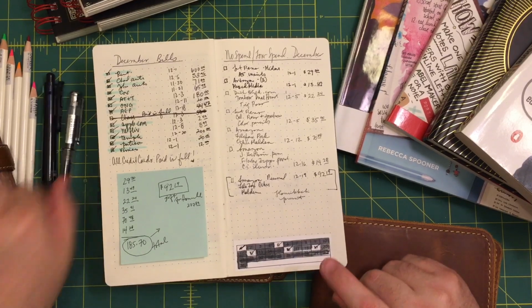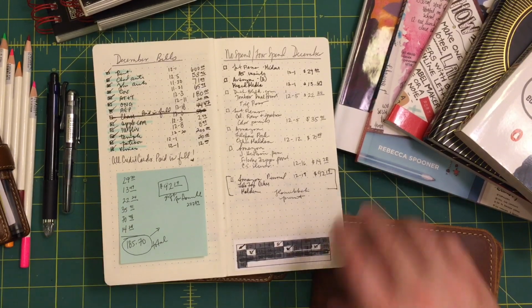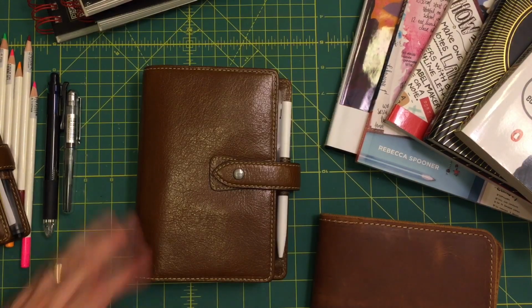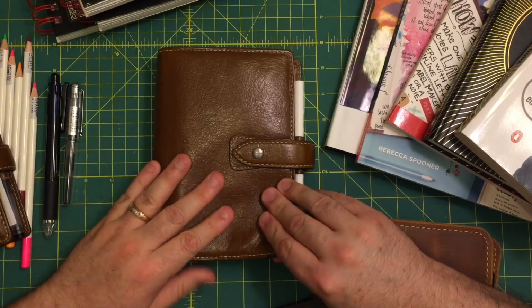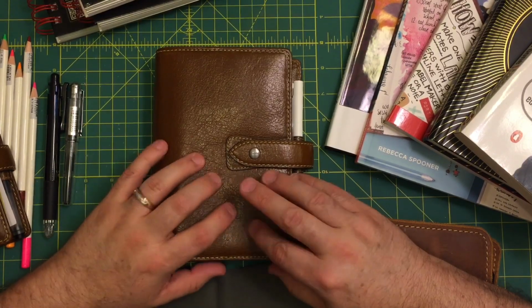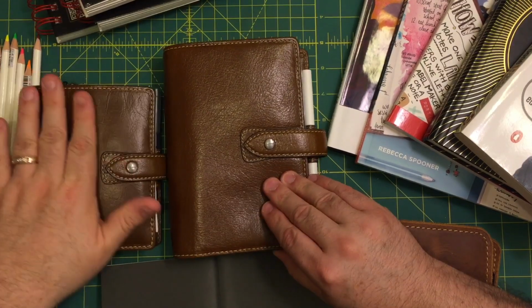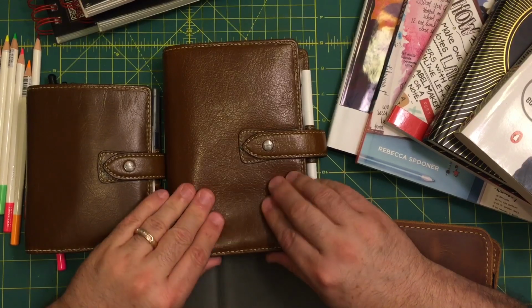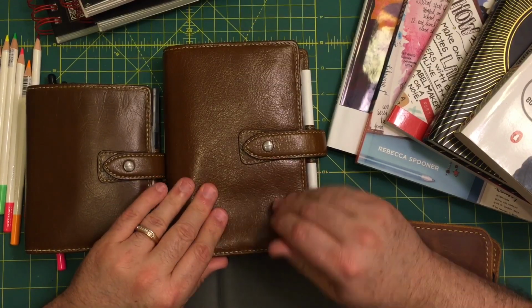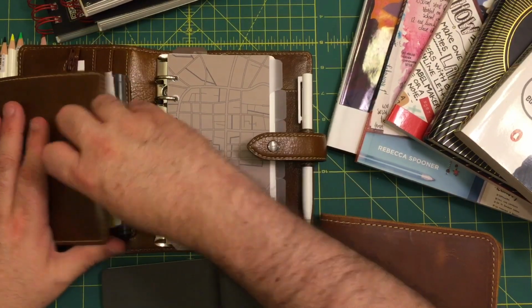And then I did make one last purchase from Amazon, but it was money sent to me from my mother for Hanukkah, so I don't think it counts because it wasn't money that I had. But I decided to buy the Ochre Malden in the personal size. So I have a lovely little set of Filofax Ochre Maldens, and I'm loving these. And I have it set up the exact same way as I have my